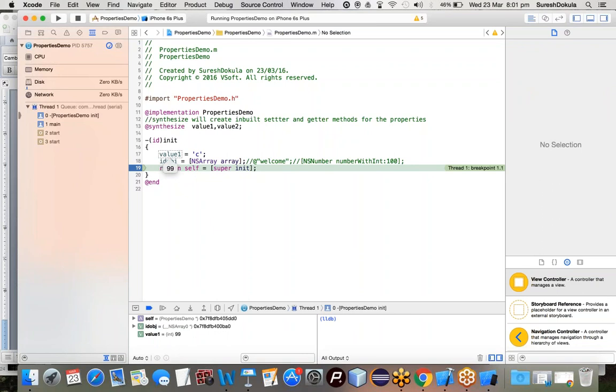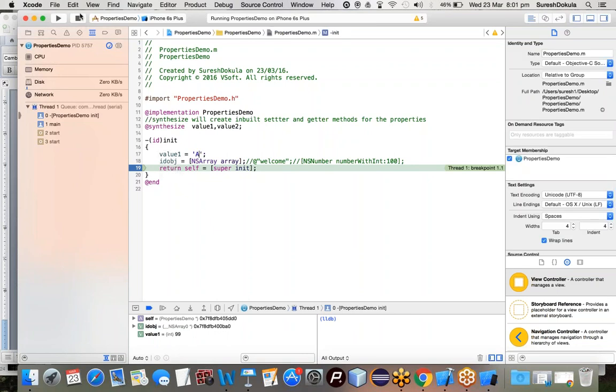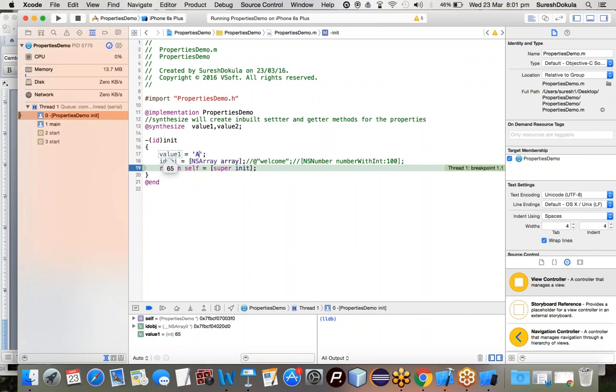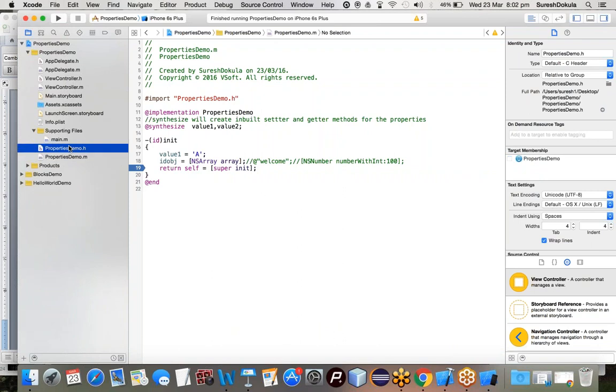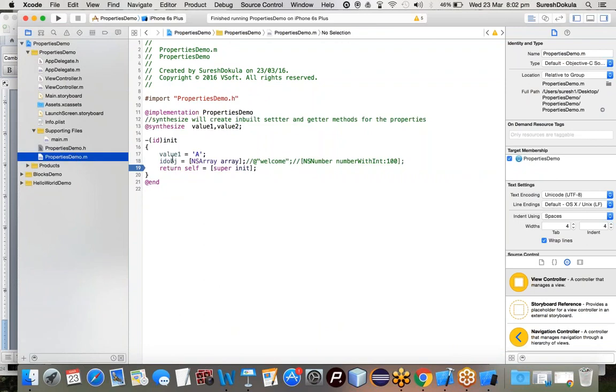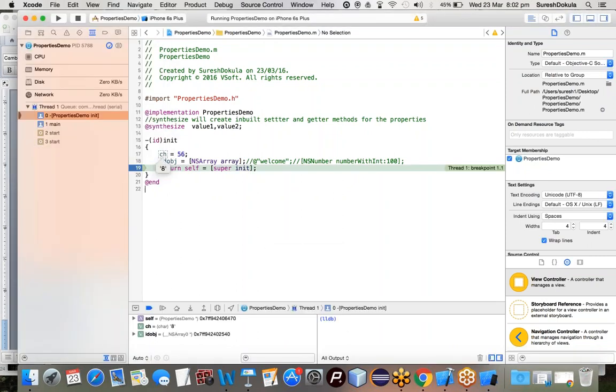So now it's giving some value. It's taking some ASCII value. It's taking some ASCII conversion. So the comparison is providing us an implicit conversion from character to string, character to integer. Let me assign. If I have a test character, it's taking some implicit conversion. I'm not sure, but